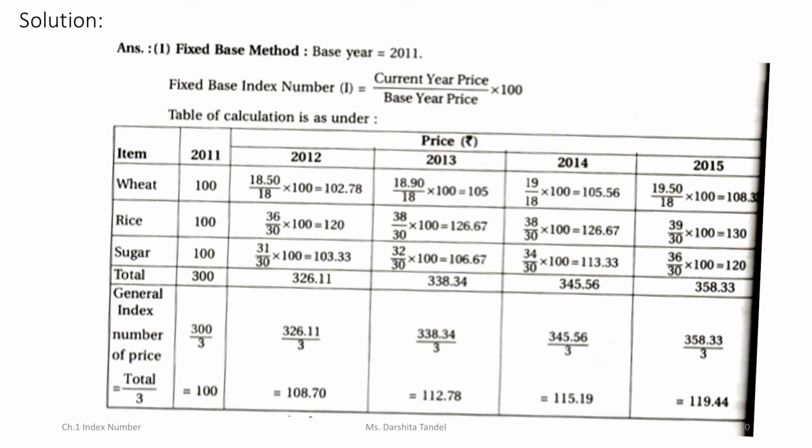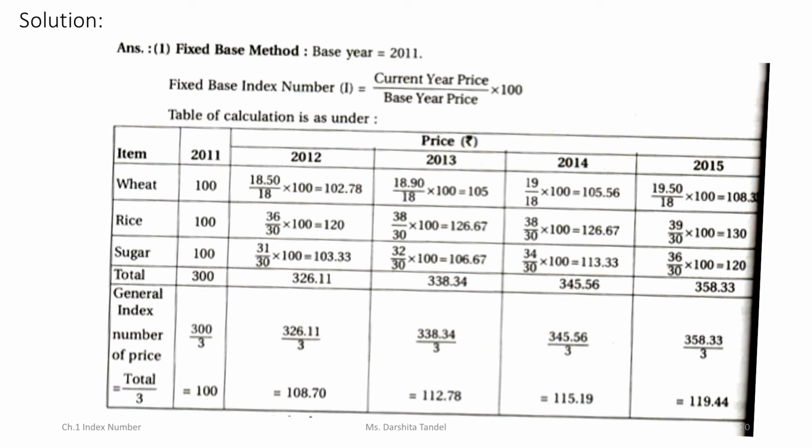Solution. Fixed base method, base year 2011. The formula is current year price divided by base year price into 100. Here a table is given where item and year wise price is given. First row, wheat, base year 2011, so in the fixed base method the index number is also 100. In year 2012, current year price is 18.50 divided by base year price 18 into 100 is equal to